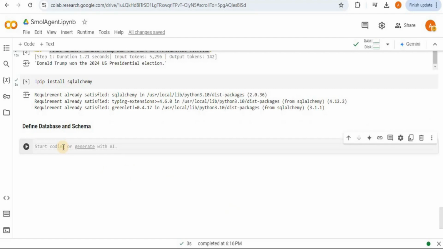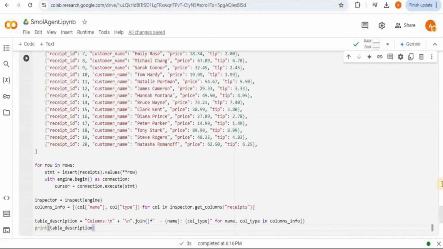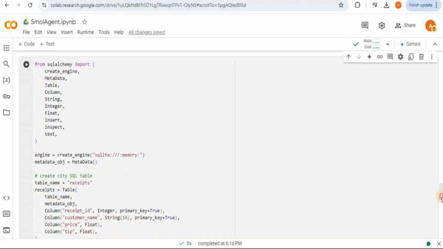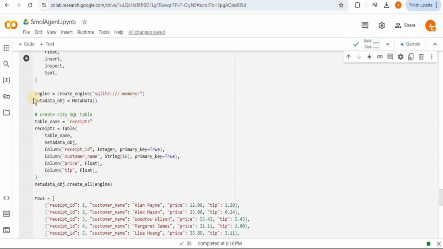And in order to do that, I'm going to use these lines of code. Let's quickly go through them. So here firstly, from SQLAlchemy, I am importing certain libraries. Next, I am creating the database engine and the metadata. So the database engine actually creates an in-memory SQLite database. This means that the database is temporary and stored in RAM. You can also provide the path of your actual database right here, but I'm going to go with the temporary one.